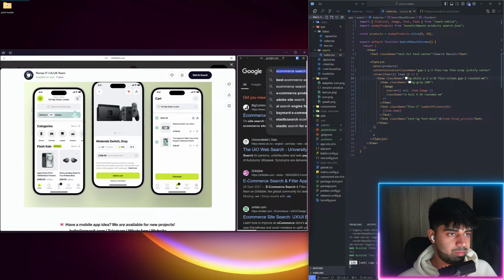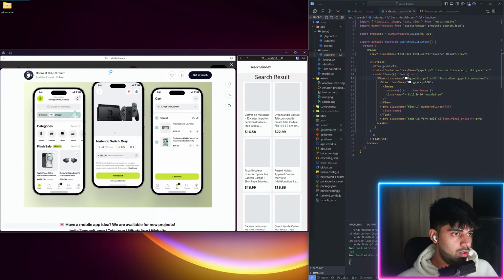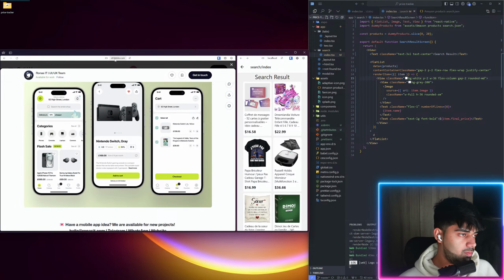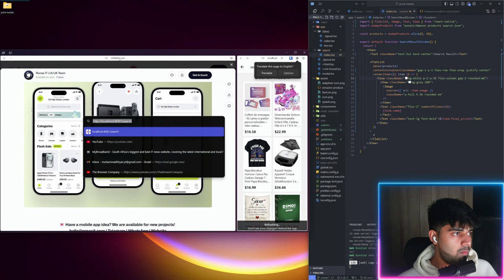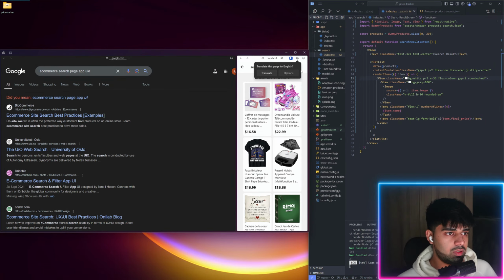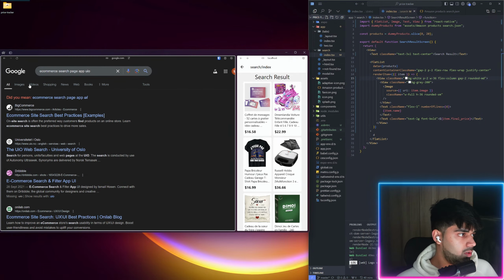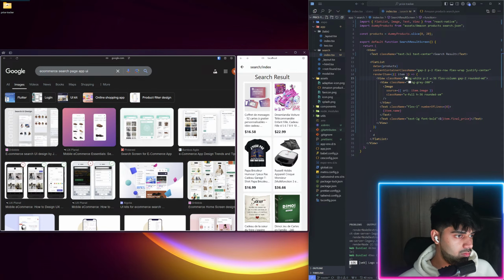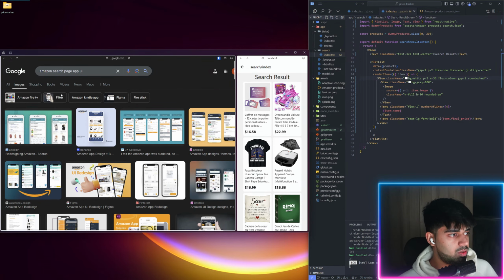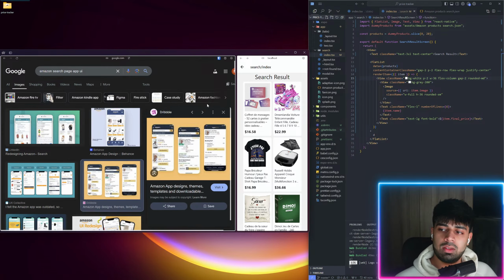Oh no. This one. I need to click on it first. Okay. E-commerce app UI. I want to make it as close as possible to Amazon so people can feel like